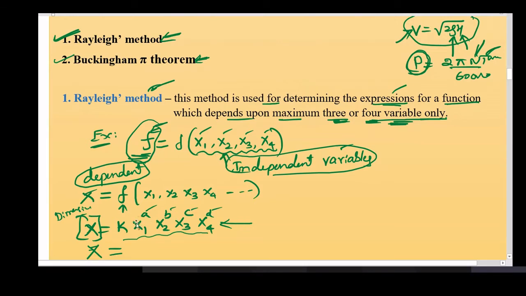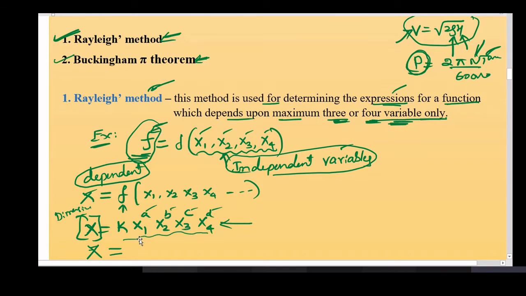Once you take the variables, remove the function, you take some constant k, and constants a, b. Once you write the constant k in the equation, take an arbitrary constant as the power of each variable. a is the arbitrary constant power for the x1 variable, b is the arbitrary constant power for the x2 variable. Similarly, c and d are powers for variables 3 and 4. We need to consider not more than 4 variables because it is clearly said that it is only for a maximum of 4.